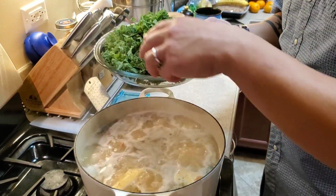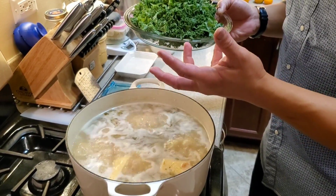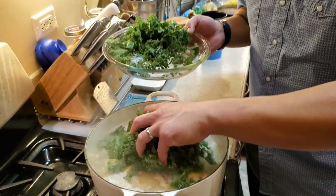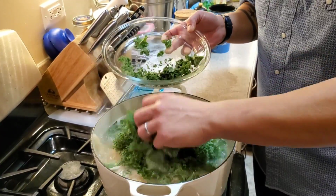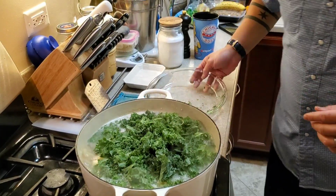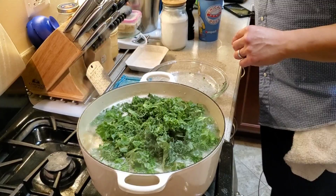Back when I was at Olive Garden, this was actually the last thing we'd always do. We'd have the soup all made in small batches, and we'd ask for a fresh batch of soup every, gosh, I want to say half hour, if not less, depending on how popular it is. They'd have bags of kale, and we'd just open up the bags and throw it in the soup, and we would let the heat cook it. All you need to do is grab